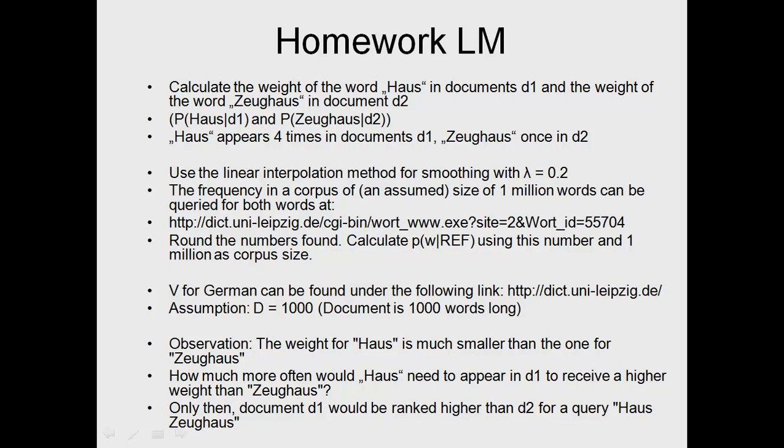And we assume that we have a document length. You can find the V, the vocabulary size, also under Wortschatz Leipzig. It can also be rounded very generously. We have to use only one number there. And probably here is the result that can help you to control